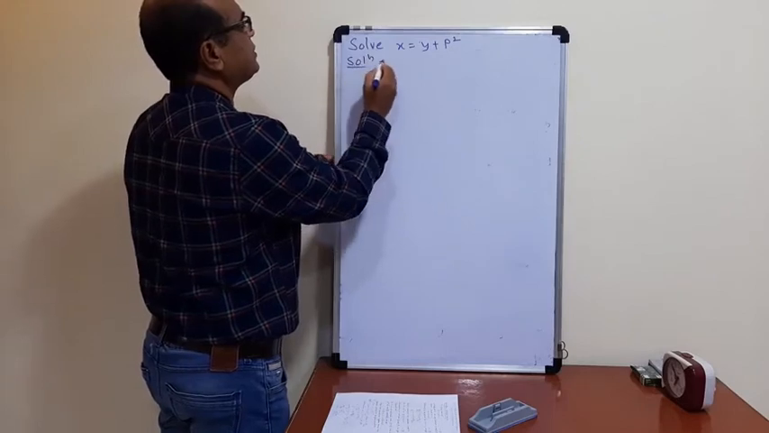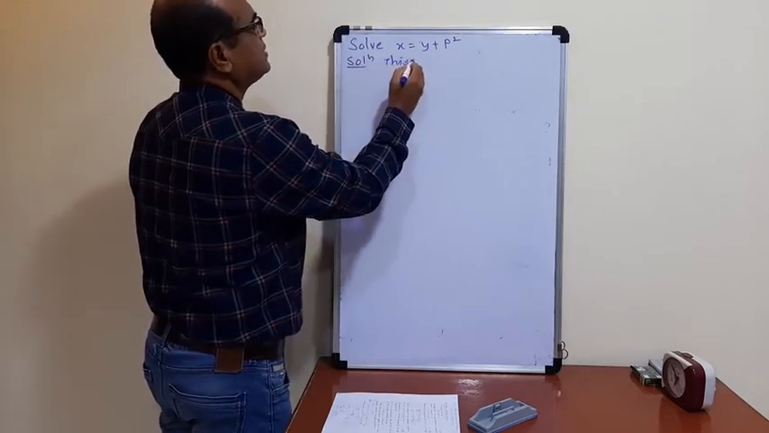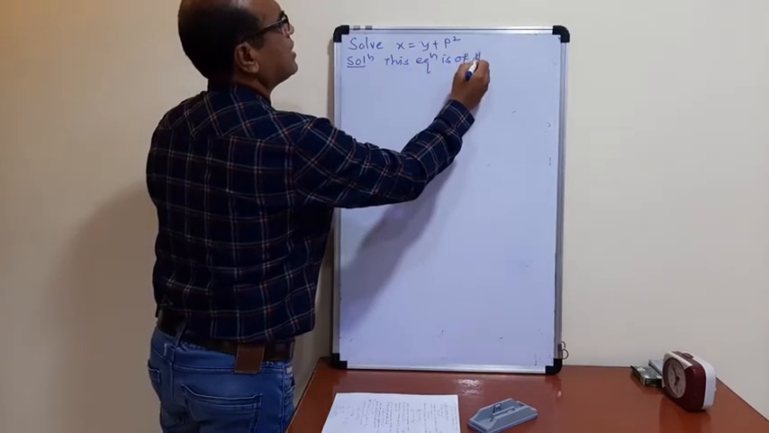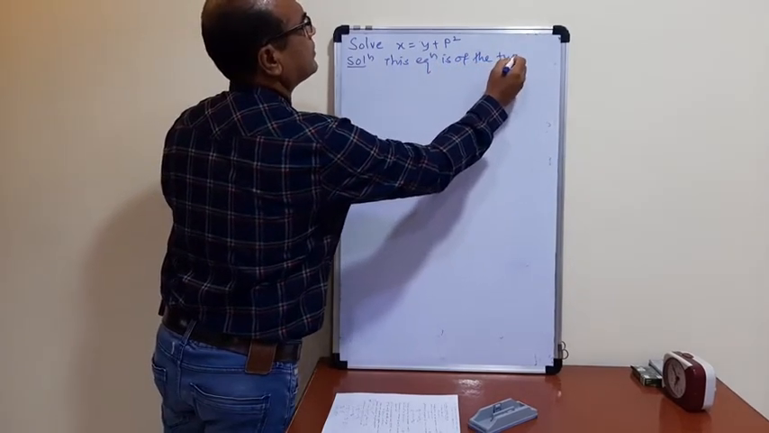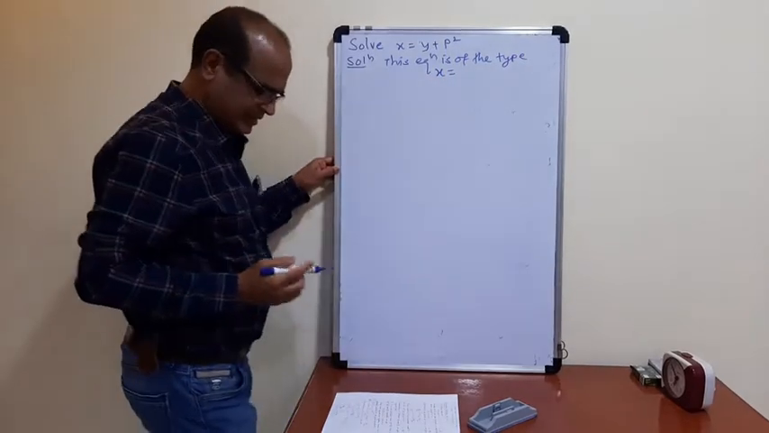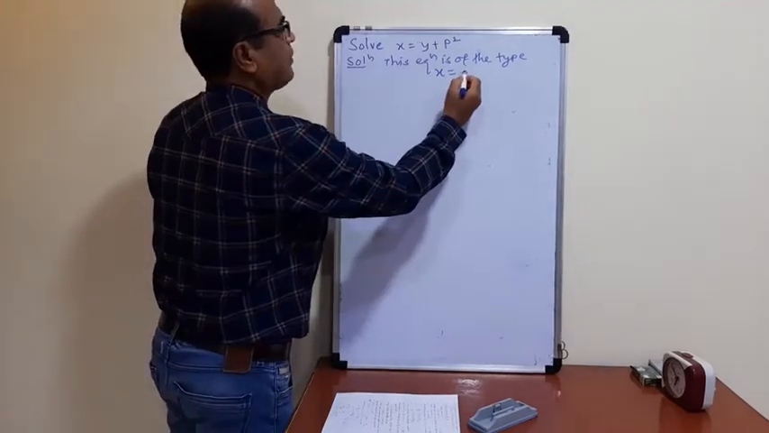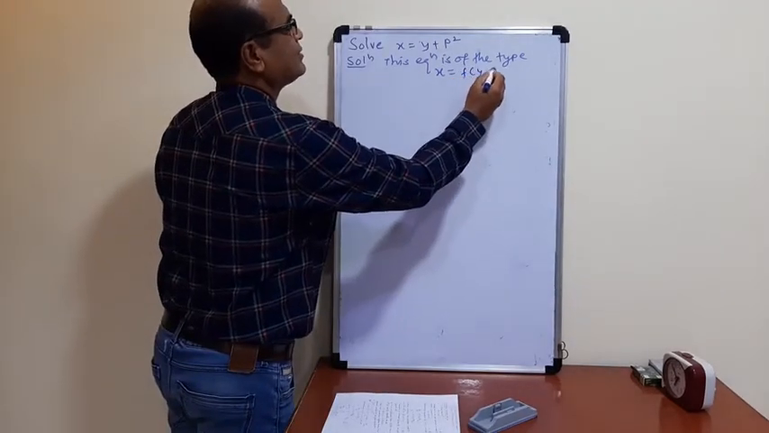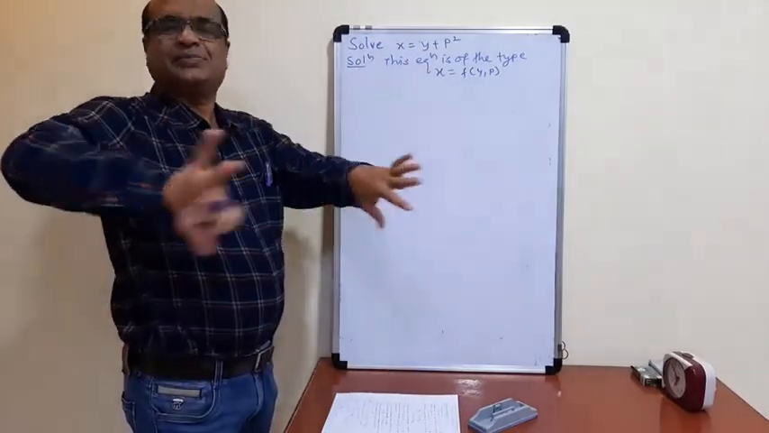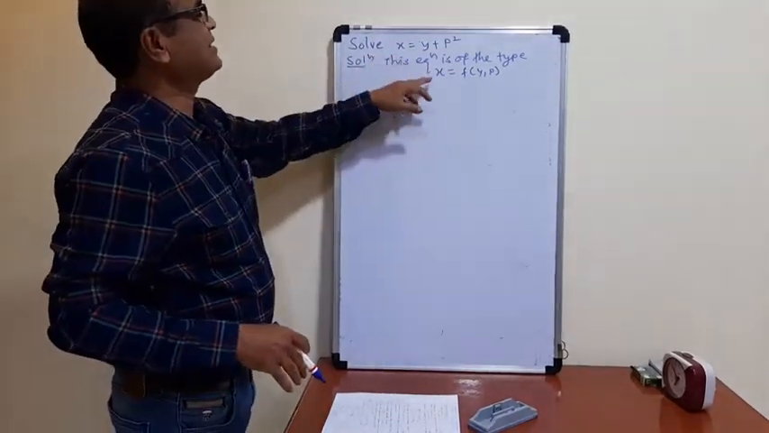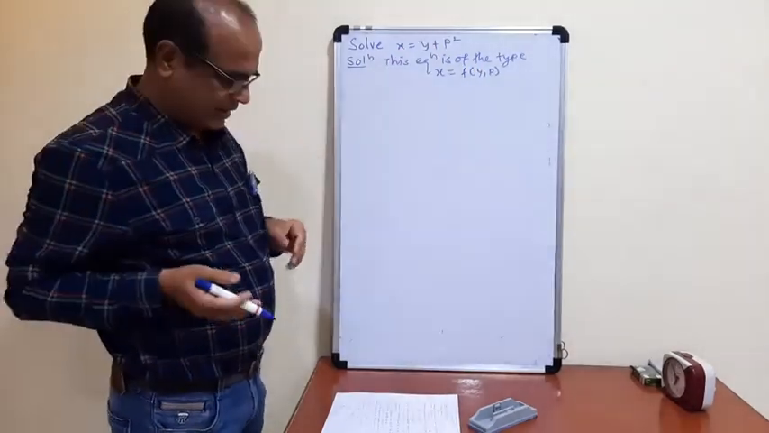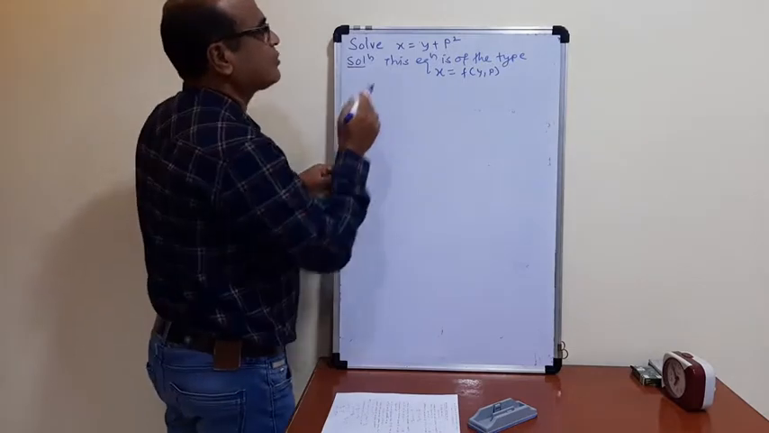So this equation is of the type, solvable for x, x is equal to f of y, p. So here y and p explicitly occur here. So this is x is equal to f of y, p. So this is a function of y and p here. Okay. So by using the method